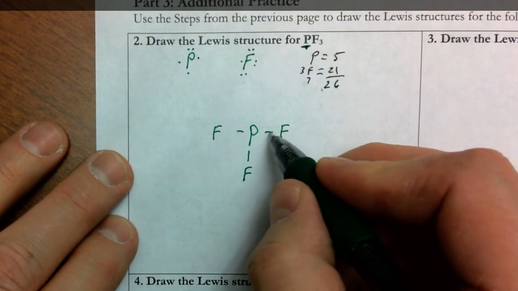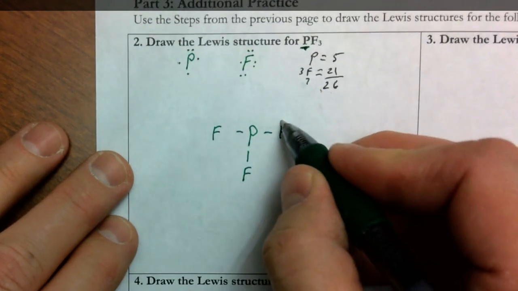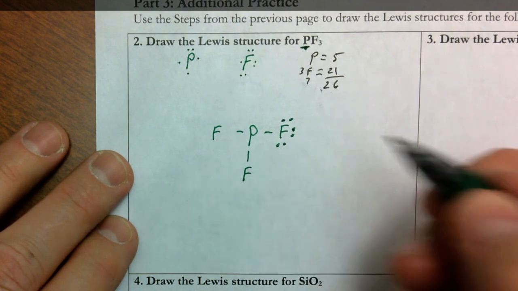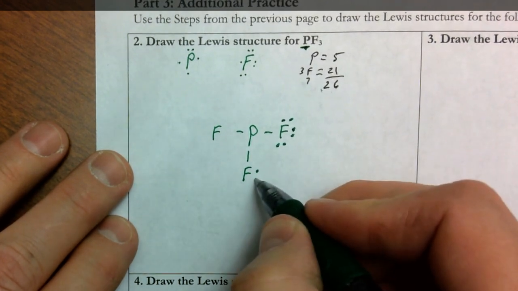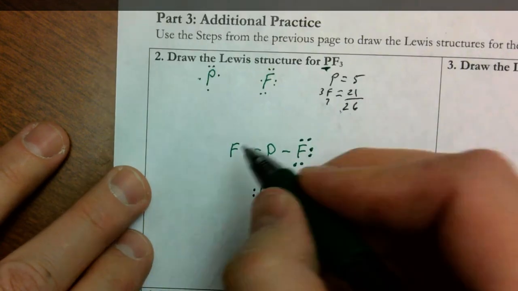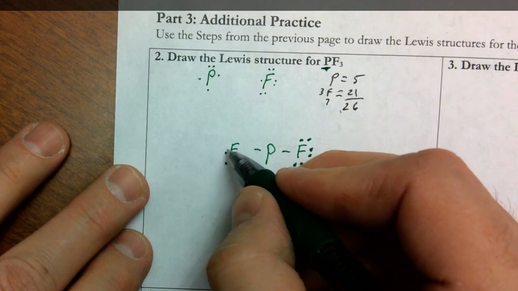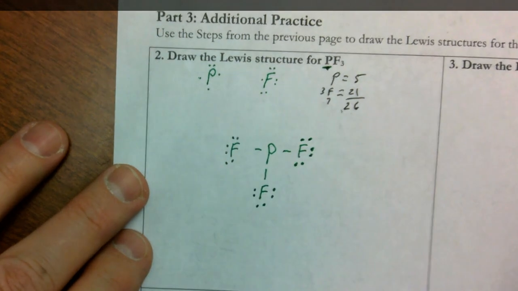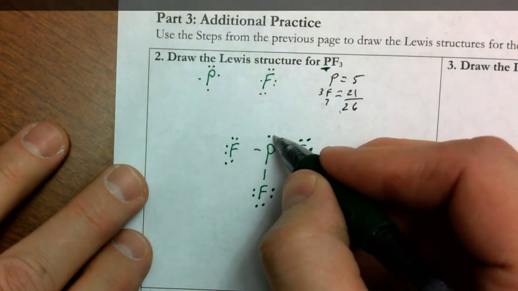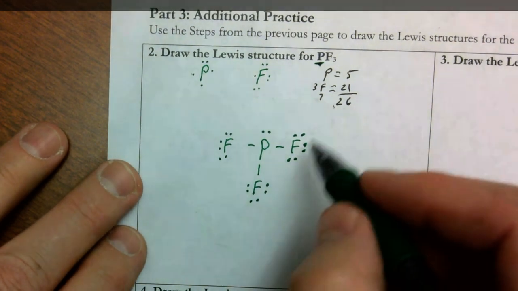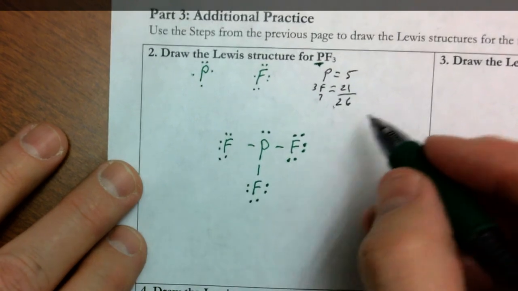So here's my process. 2, 4, 6, 8, 10, 12, that's full. 14, 16, 18, that's full. 20, 22, 24, that's full. There's only one last place I can put my last pair, and that's on this empty seat on the phosphorus. So now I put 26 on there total. Okay. So you can do it that way,